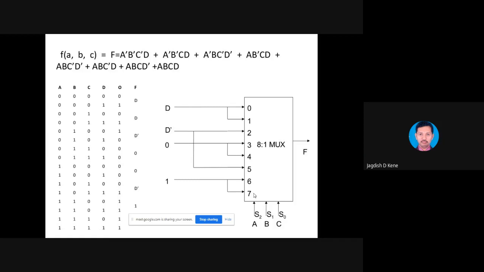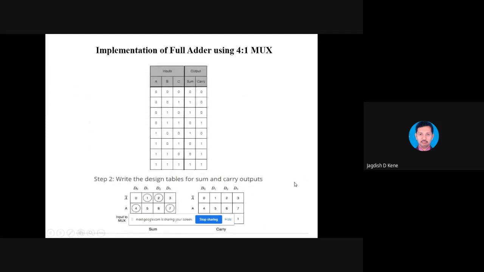Likewise you have to connect the input. So here from 8 to 15, all inputs are 1, so the magnitude of output is 1. That's why it is showing that 1 is connected to 7 as well as 15. Likewise you can connect one by one. This is one example of a multiplexer.